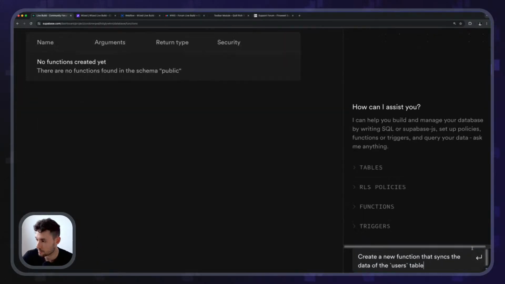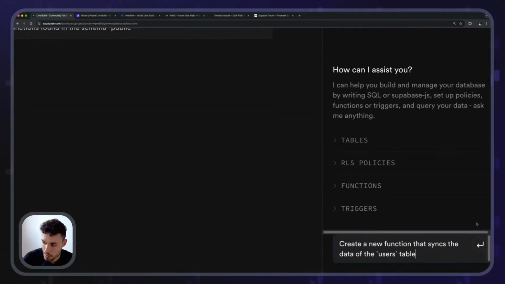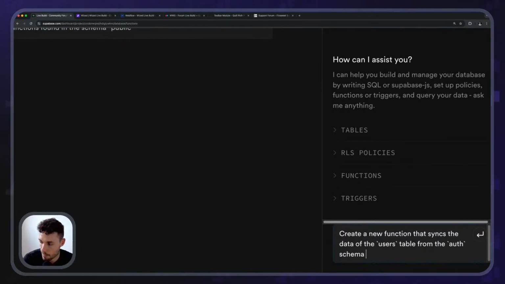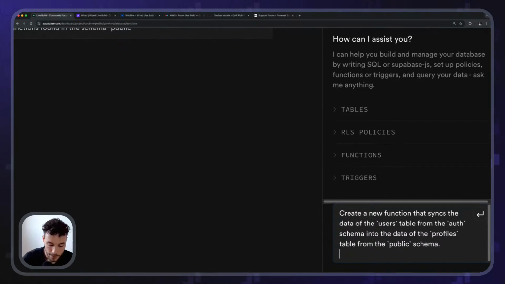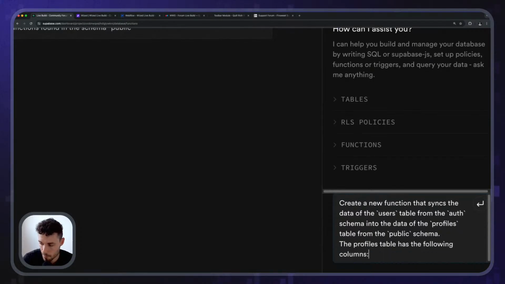Let me zoom in here. The data of the users table from the auth schema into the data of the profiles table from the public schema. The profiles table has the following columns: